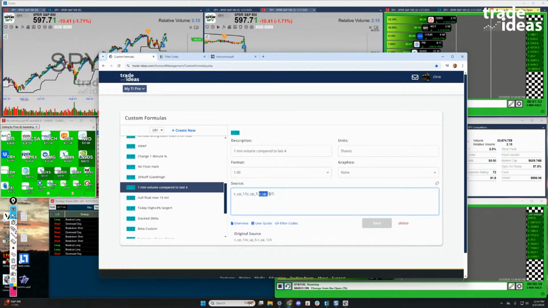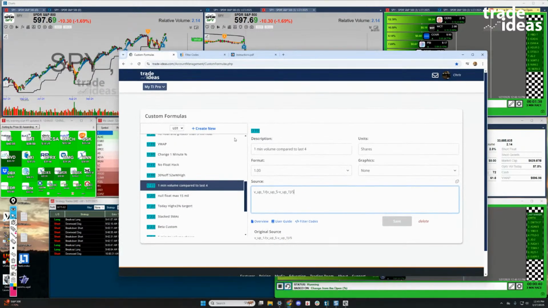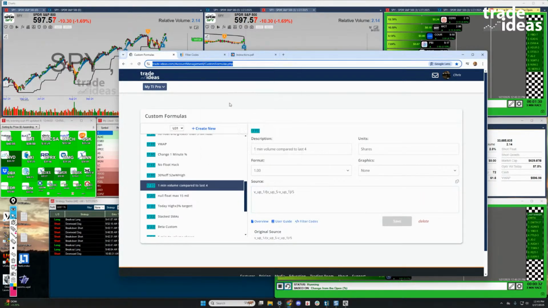And then we're subtracting the 1 from the 5 and dividing it by the 5. So that's how it gets done. I'm not a custom expert. We have limited support on this. This is one of those where you want to get into the nitty gritty of it. We can help with some basics, but if you're going all crazy on this, you're on your own, and best of luck. If you want, there's this account management page for the custom formulas themselves. There you go.